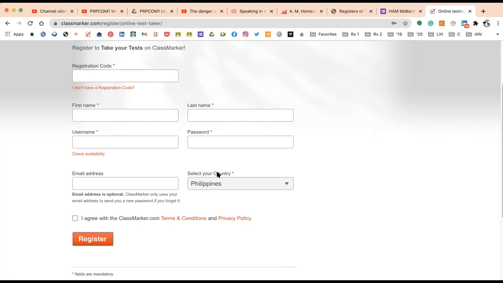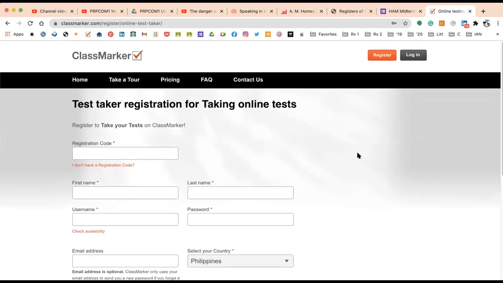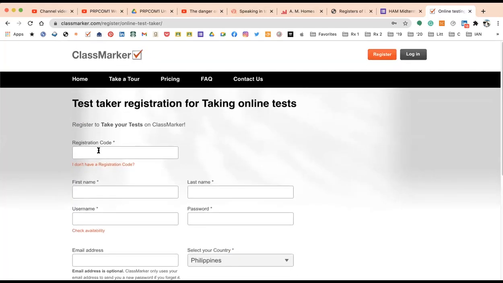Now, final notes or reminders. I actually chose ClassMarker because of the code and because it actually reports. What does that mean? If you open a tab, I would know. Although, what I did here in ClassMarker is that you are not allowed to open a tab. Right? You haven't used ClassMarker yet, but you will observe later on when you use it.